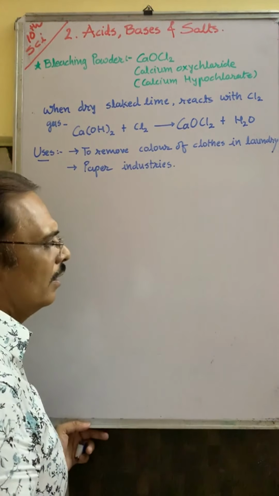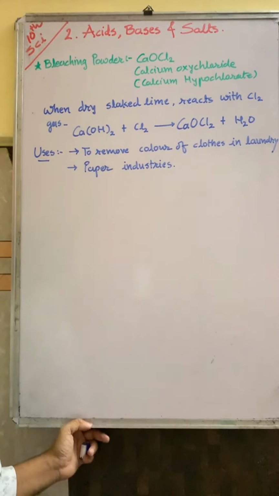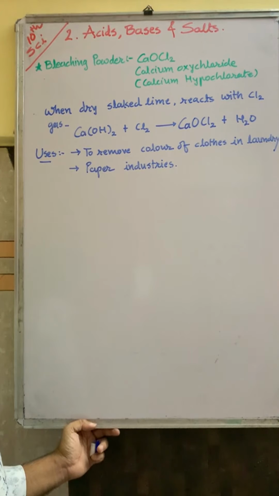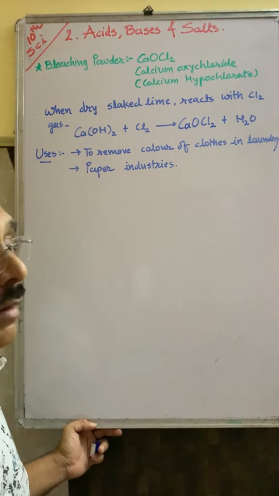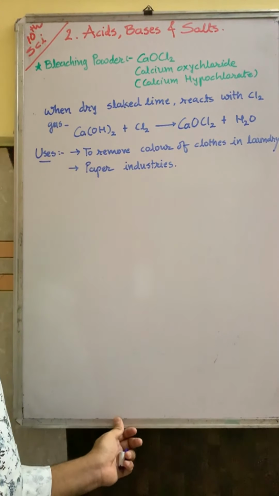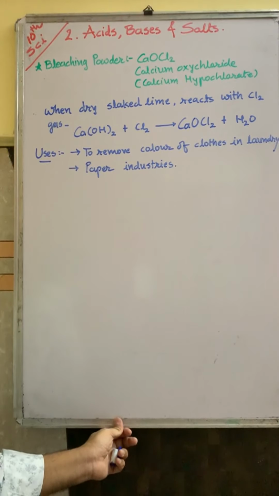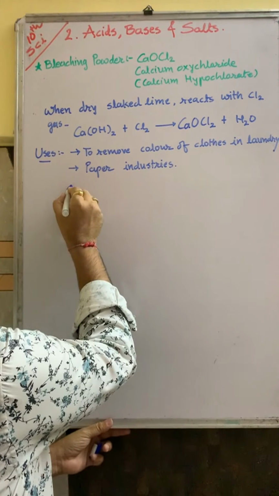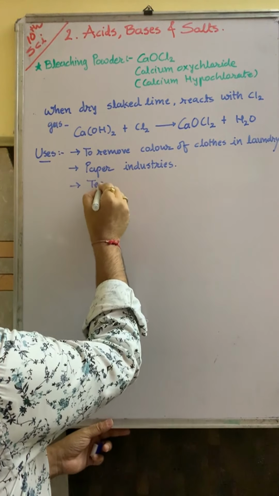I think you have a notebook of Navneet or classmate, and the pages of this type of costly notebook are very fine and glossy, maybe clear, totally white. Okay, so it is used in paper industry. If it is used to remove the color of cloth, you can write that it is used in textile industry.